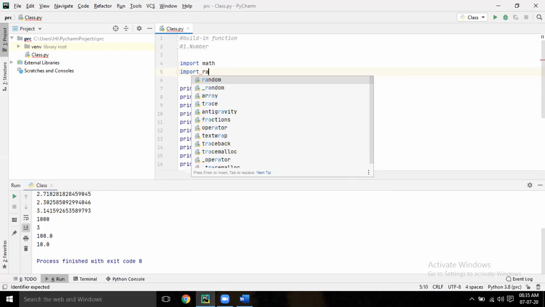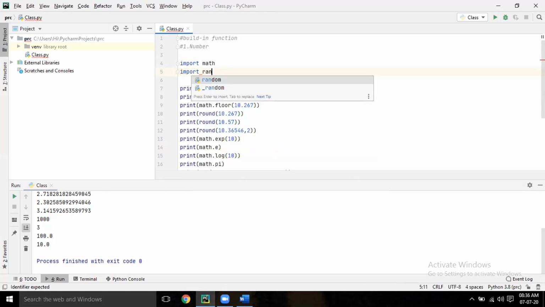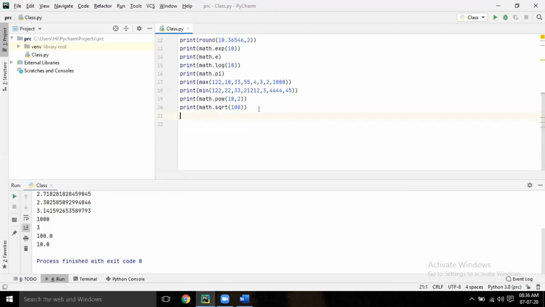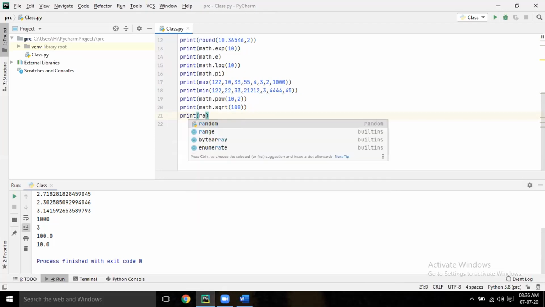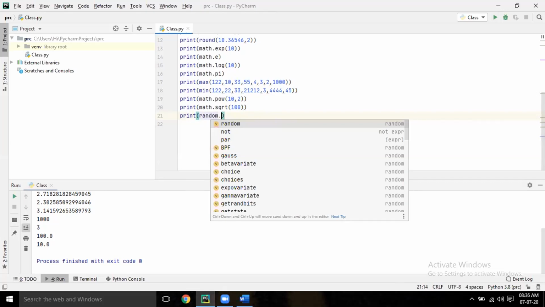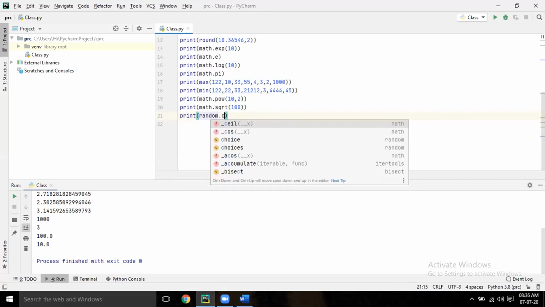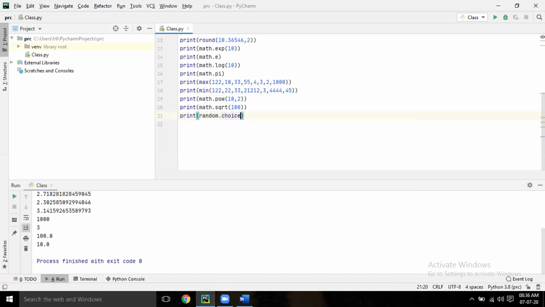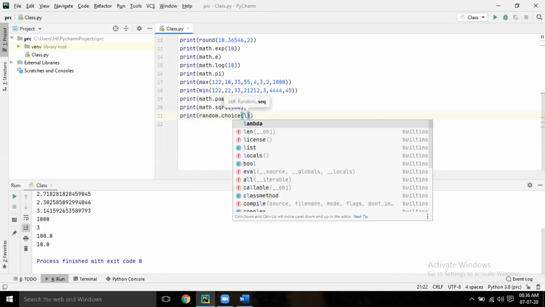Print random dot choice, within bracket L. Now declare a list.